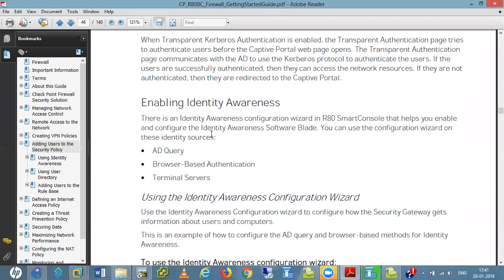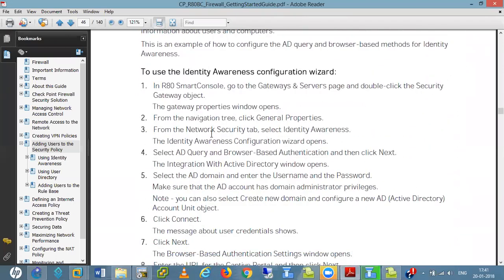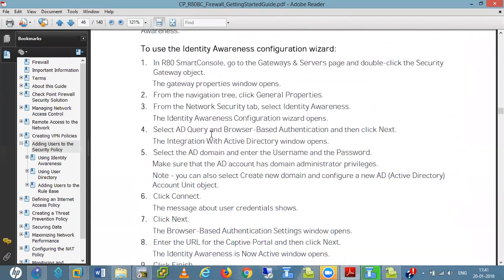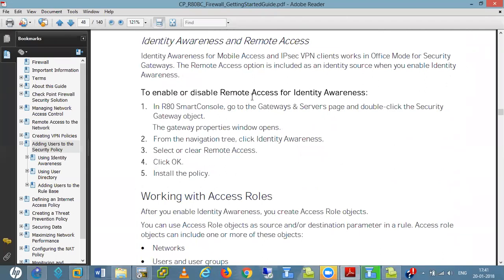Okay. Enabling identity awareness, at that time we gave these things. Actually, I am following this document because I want to teach you everything. These are the steps. Enable or disable remote access, I told you later, so leave it for now.